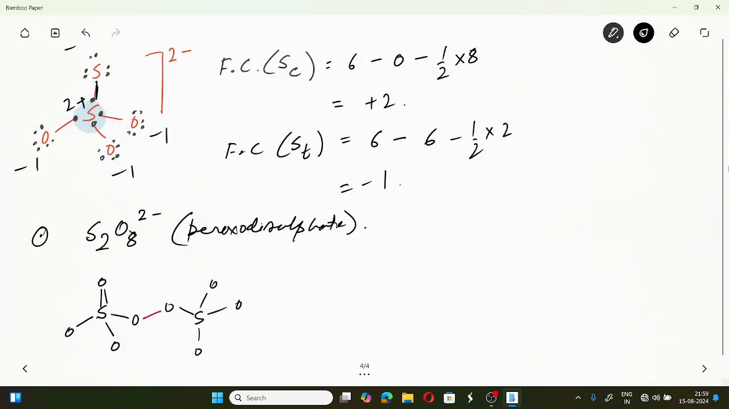Okay, and if you want to write down the actual structure, it should be like this. The actual structure: there will be a negatively charged oxygen here and a negatively charged oxygen at this side. So this is the actual structure of peroxodisulfate, and from here you can find out the formal charge over any of the atoms, isn't it? Now if we want to write down the sigma skeleton only in order to find out the formal charge,